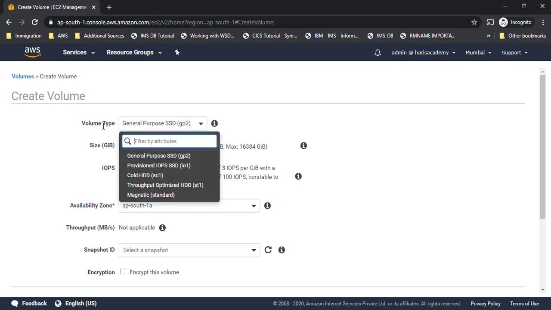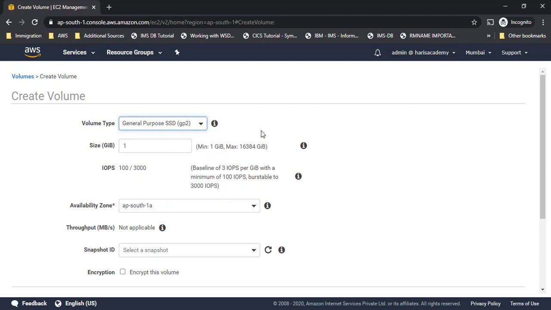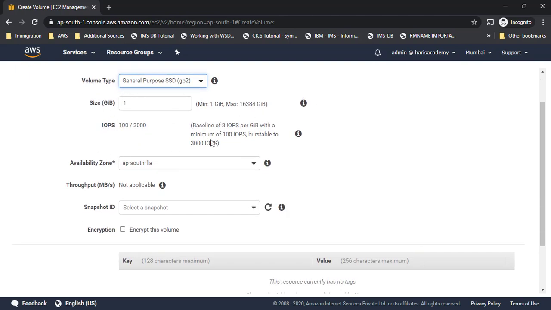Earlier I had told you we had different volume types. One is SSD, then we have HDD and magnetic storage, right? There are different options. SSD is solid state drive, which is very fast, so I'll select that. And to stay within our free tier limit, I am going to select only 1 GB rather than going up to 16 terabytes. That is the maximum limit